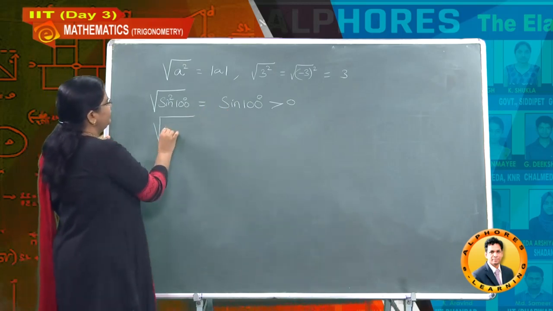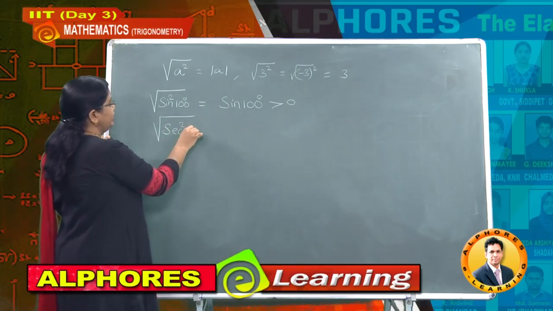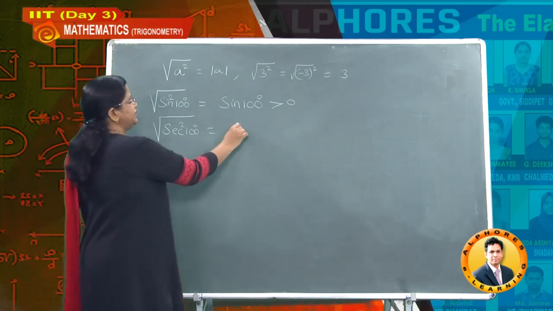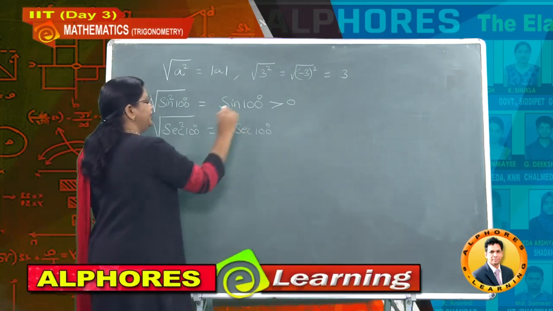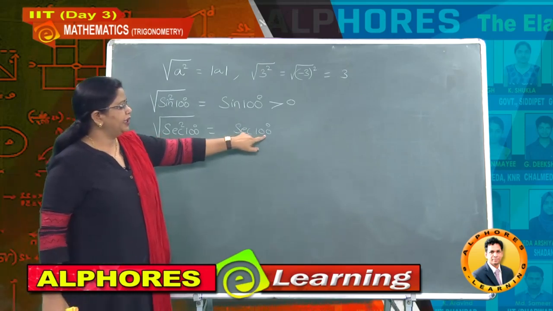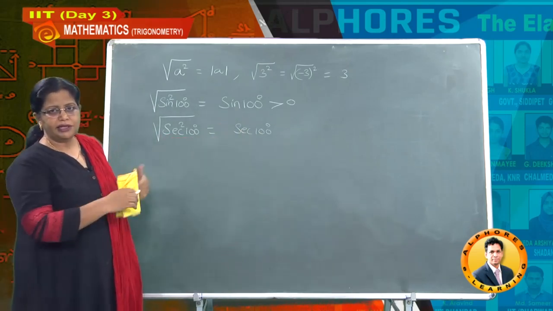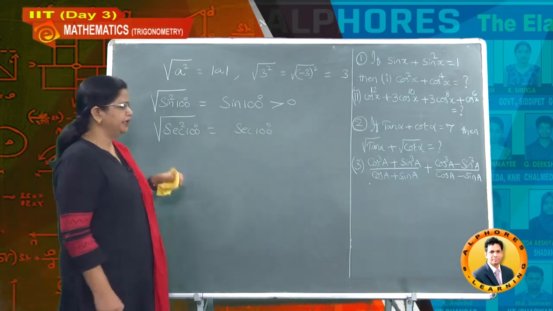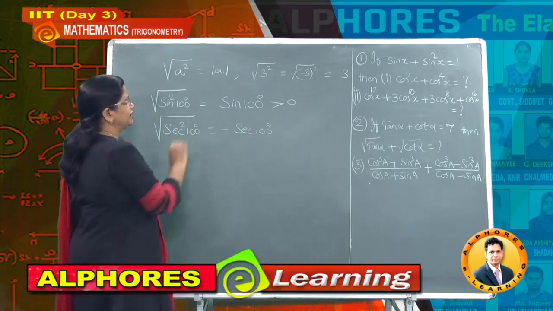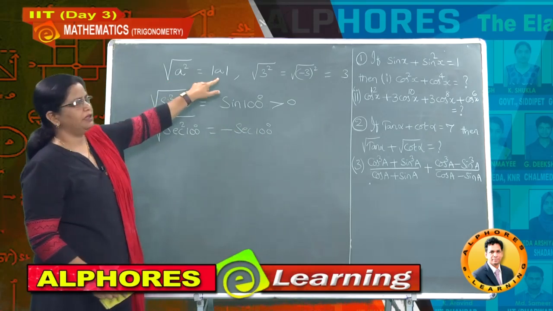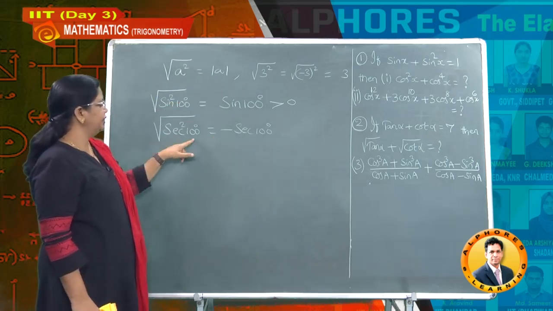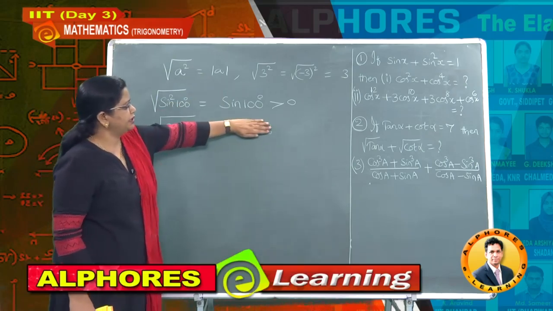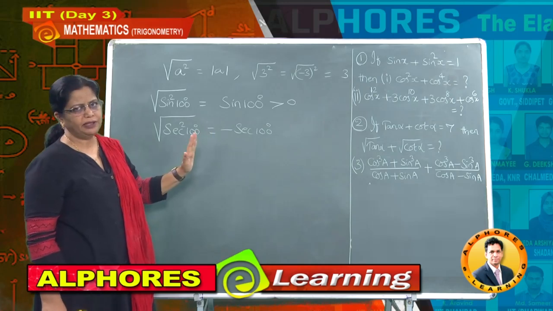Suppose it is under root of secant square 100 degrees, right? Now secant square 100 degrees, if I write it as secant 100 degrees, what is the meaning of this one? Secant 100 degrees belongs to the second quadrant, that means 90 to 180 degrees. In the second quadrant, secant 100 degrees is negative, and hence here you have to put an extra minus symbol so as to make the outcome always positive. So secant square 100 degrees with square root should be minus secant 100, minus into this minus, so it will become completely plus.